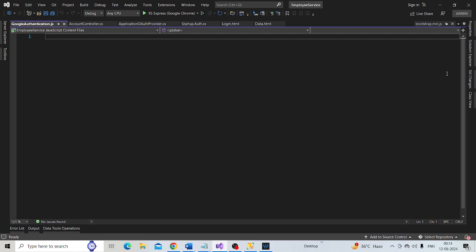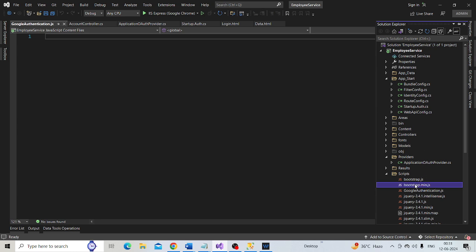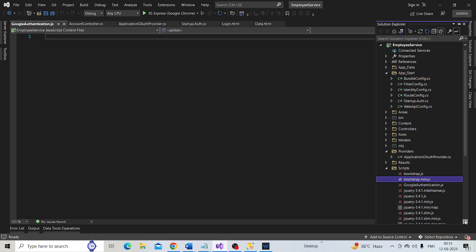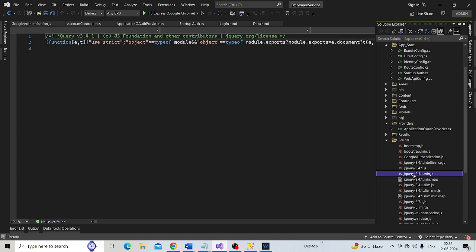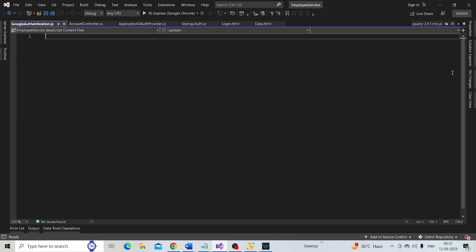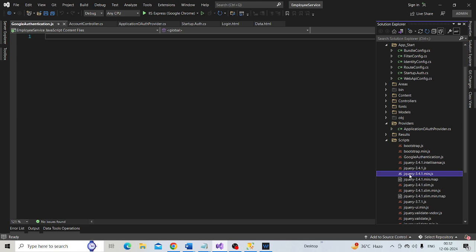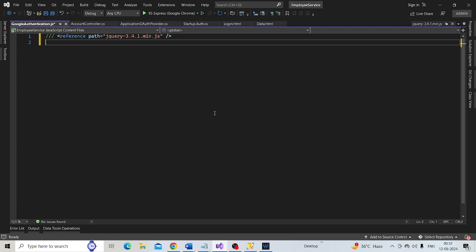So let's drag and drop, and let's write our function.